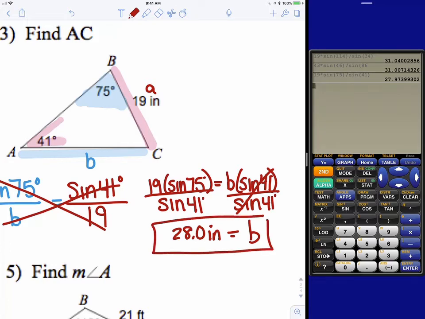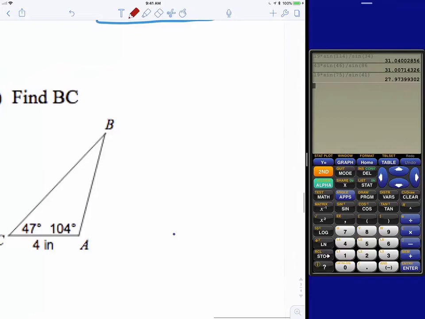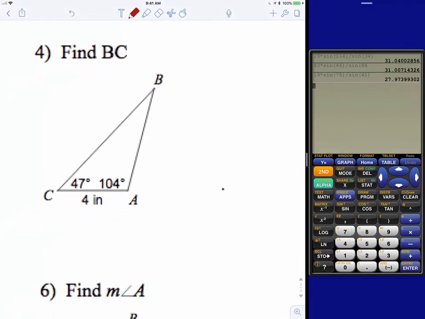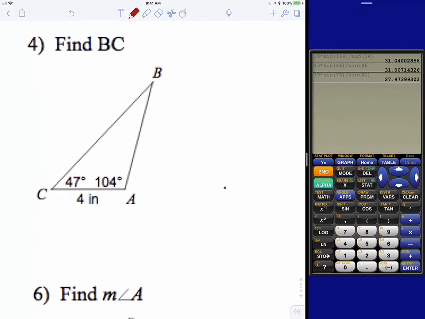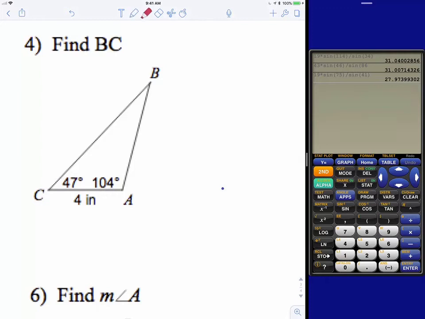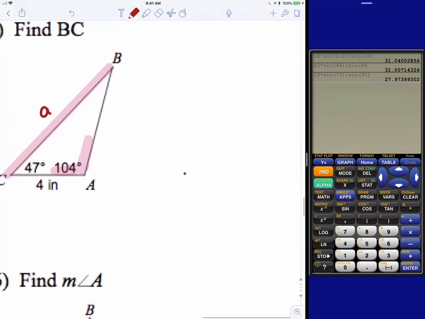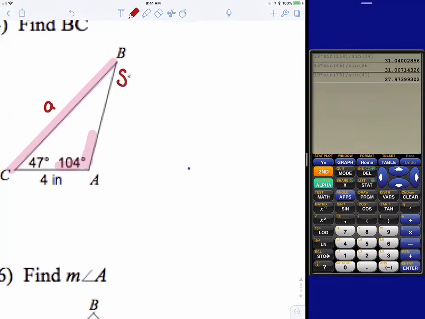All right, let's try number 4 now. 4 is going to be a little bit different. And you'll see as we try to set up the problem, we run into a snag right away. So BC is what I'm looking for. Another name for BC, since it's located across from angle A, is little a. So I can start this sine problem with the sine of angle A, which is 104, over little a equals,